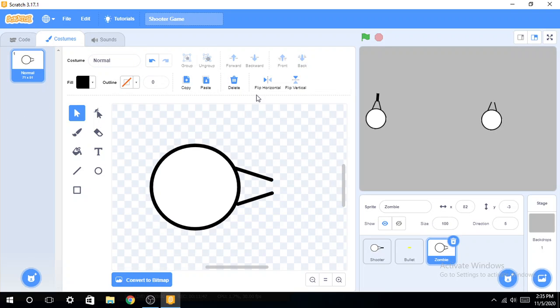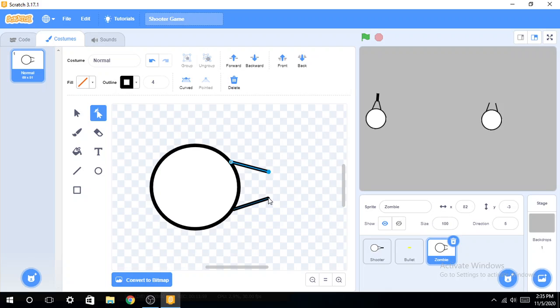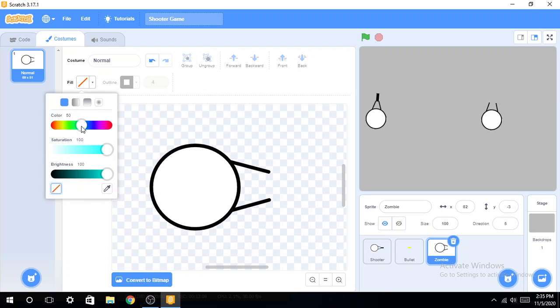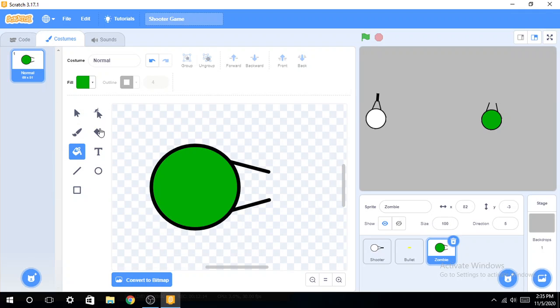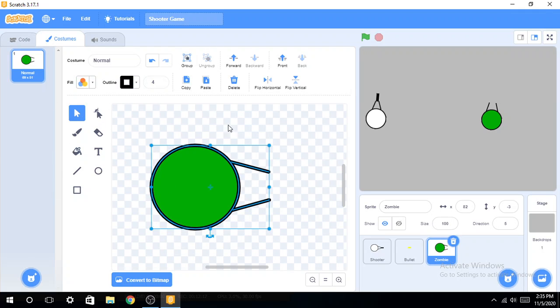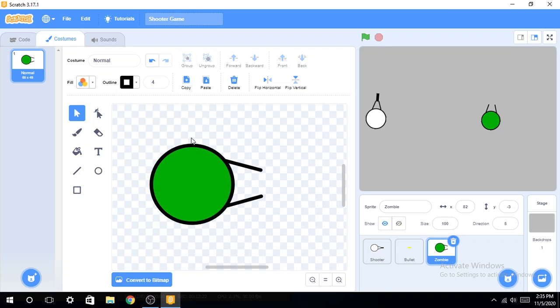So first of all, delete the gun and move the hand over here and that one over here, and then I'm going to use the edit tool and make the hands a little bit longer like this. And then I'm going to paint green, like a dark green. Yes. And I think I will make it a little bit smaller like this, and then